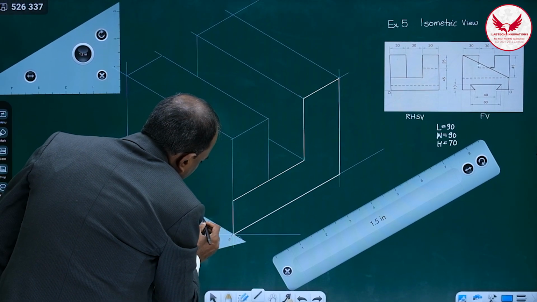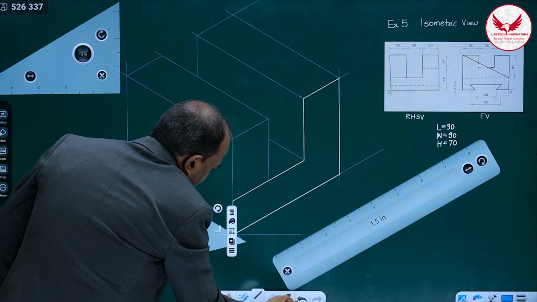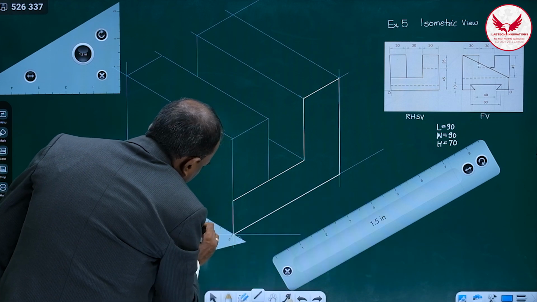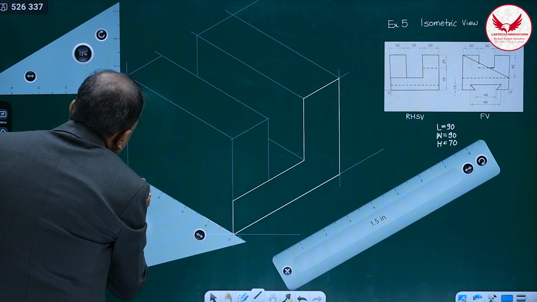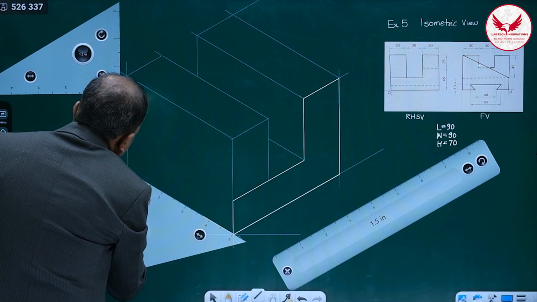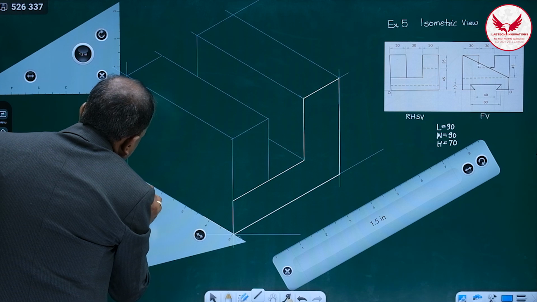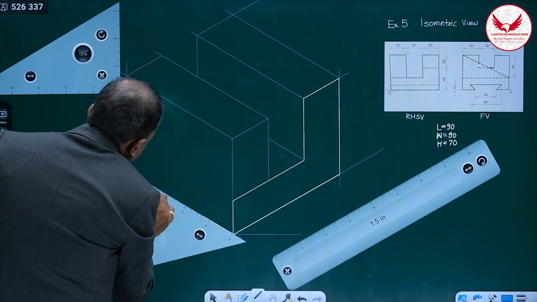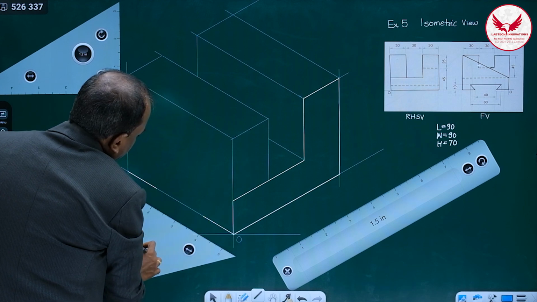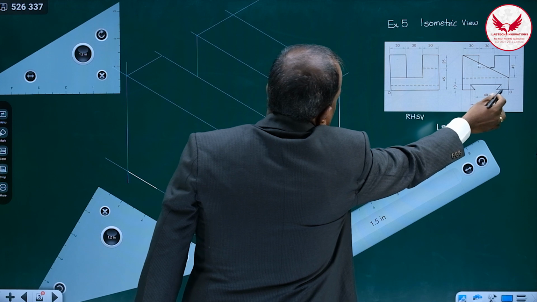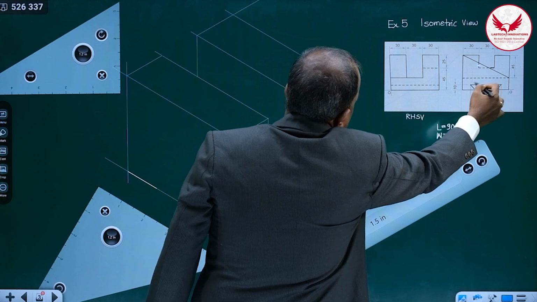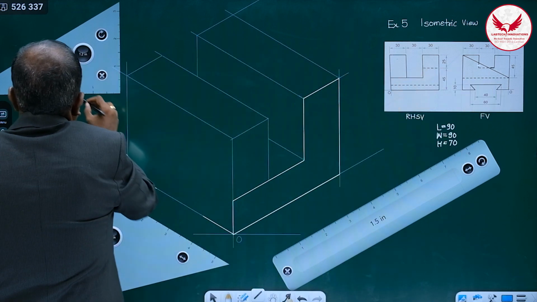It is 25 from this side, and again from this side also 25. Means in reality there is a gap of 40, so this gap is there, correct, and we will neglect this portion. Now its height is